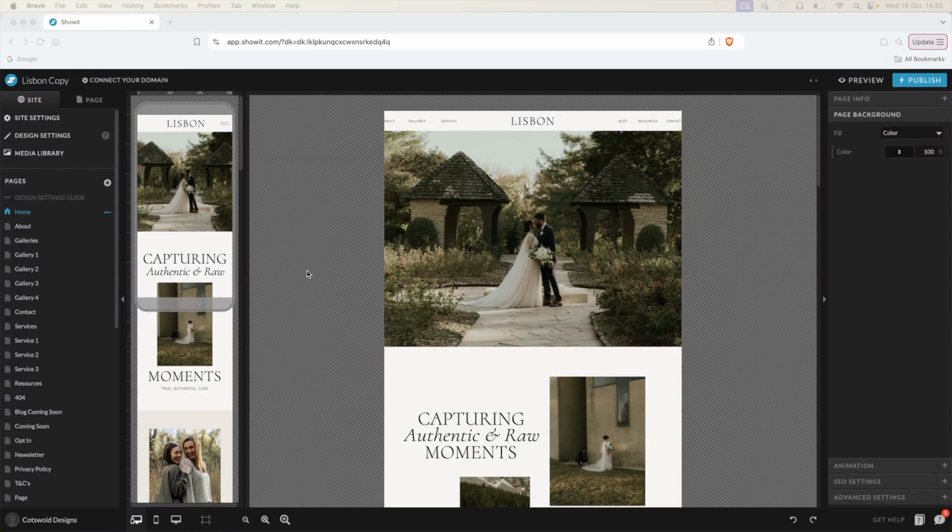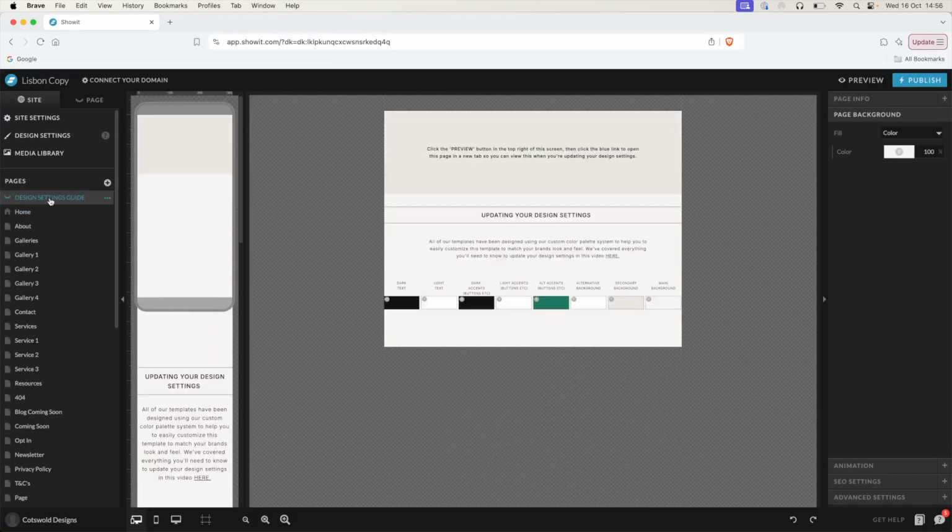In this video, we'll go through setting up your design settings to add things like your brand colours or web design colours, your fonts, and any custom fonts that you'd like to use throughout your template. So to start off, go to Pages in the left-hand panel and click on Design Settings Guide at the top,